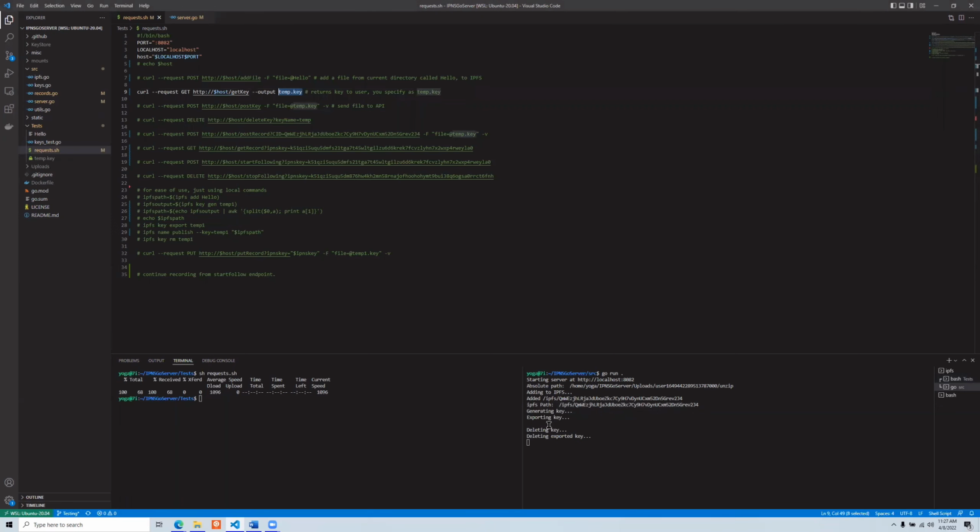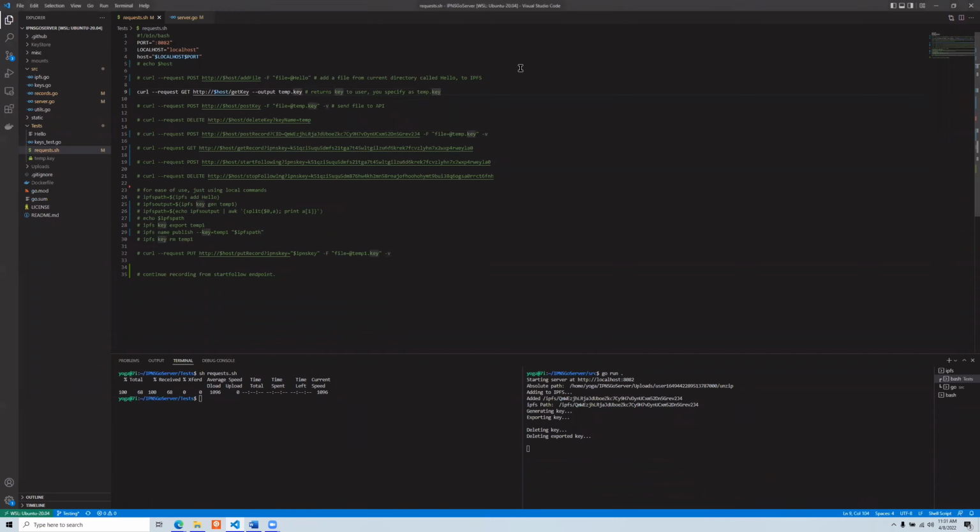Perfect. And then after that, since we don't want to keep the key, because that is not what that endpoint is meant for, it's just meant to generate a key and return it to the user, we don't want to keep it. We delete the key from our own node, and we delete the key that was exported from the node. And so we check here, we see that we still only have our own key. Okay, now that we have that done, we have our key on the client side.